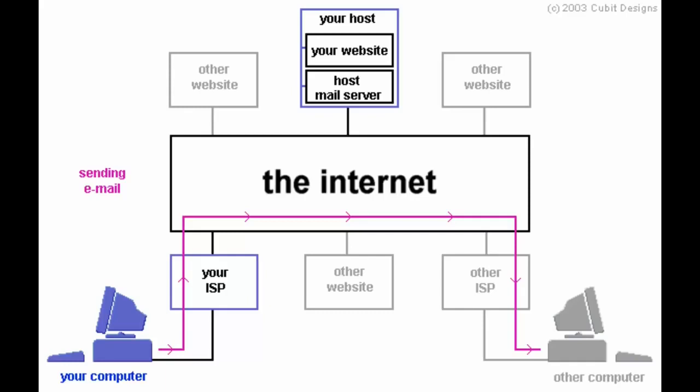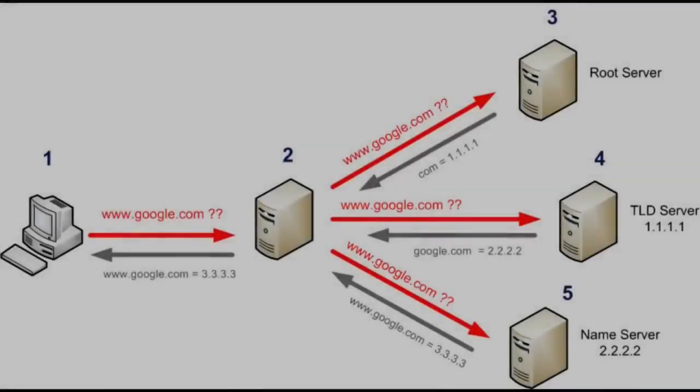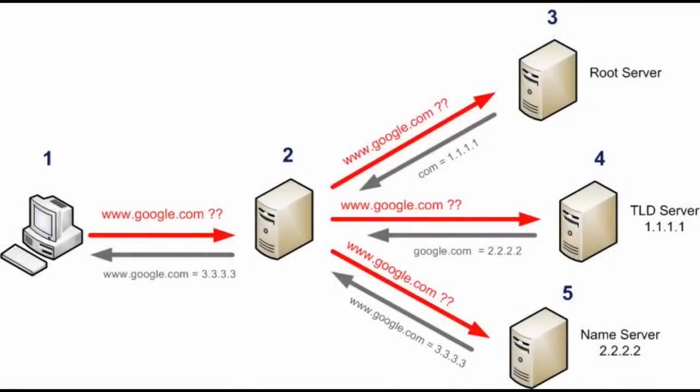If you open up a browser and type in google.com and then hit enter, your web browser sends that as a request. It's basically saying, okay, this is the web page that this computer wants to look at right now. It sends that through your router, which sends it to your internet service provider, and your internet service provider has all these fancy computers that